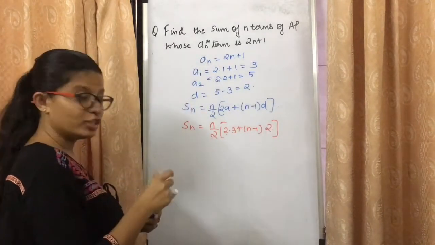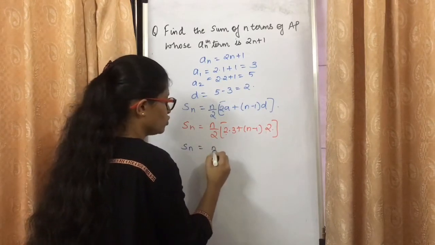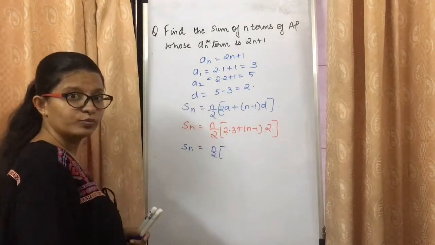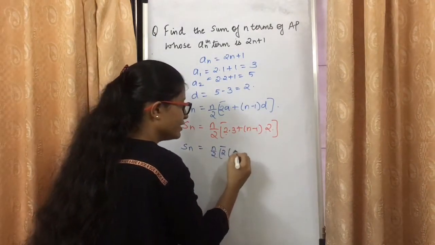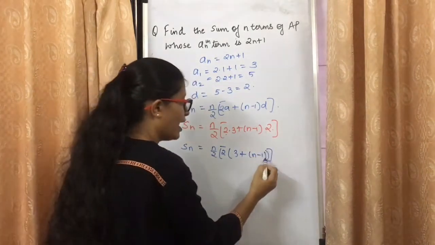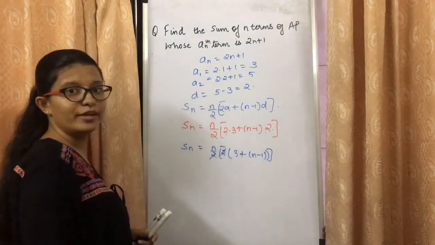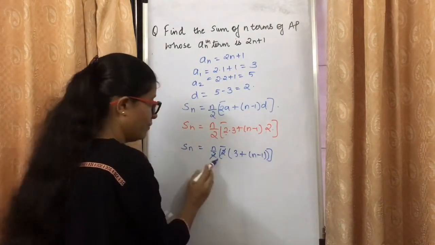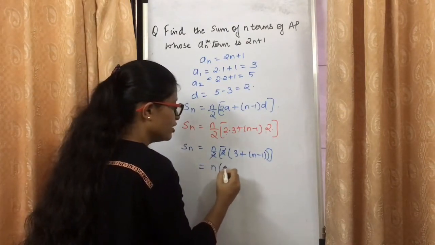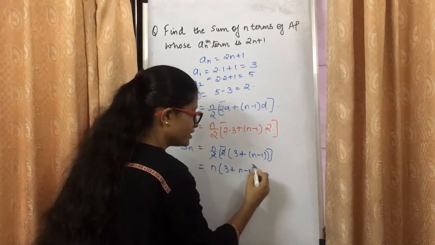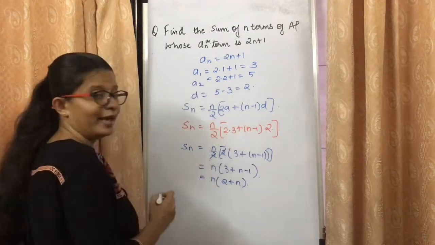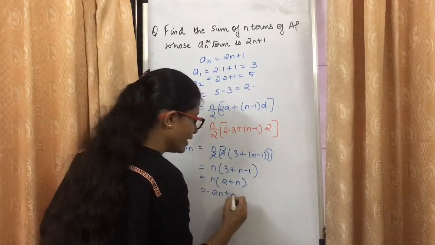So what we will get while solving the sum, let's see. Sn is equals to n by 2. क्या मैं ये वाली टर्म से 2 और ये वाली टर्म से 2 कॉमन निकाल सकती हूँ? So if I take 2 common, I will get 3 plus n minus 1. And I can cancel out 2 and 2 because this 2 is common to this whole term and this 2 is in the denominator. So my new equation becomes n into 3 plus, opening the bracket, n minus 1. 3 minus 1 will give you 2, 2 plus n. Multiplying the n inside the bracket, you will get 2n plus n square.